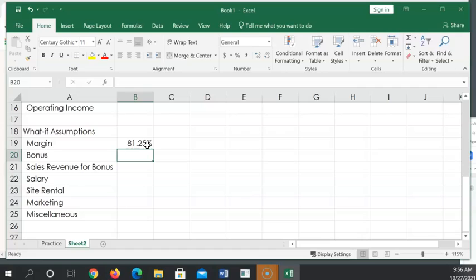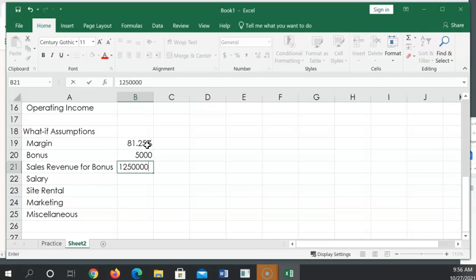On my bonus, this is a parameter I am expecting. I'm choosing to give my employees, or my franchise will receive, a bonus of $5,000 if my sales revenue has reached 1,250,000,